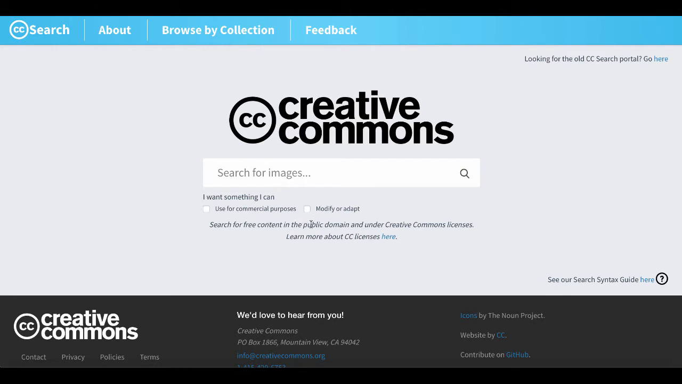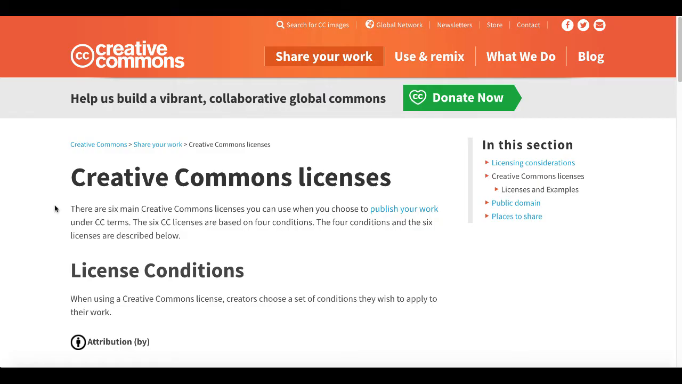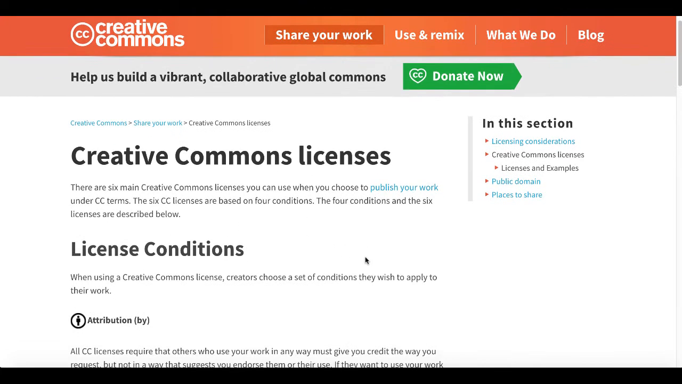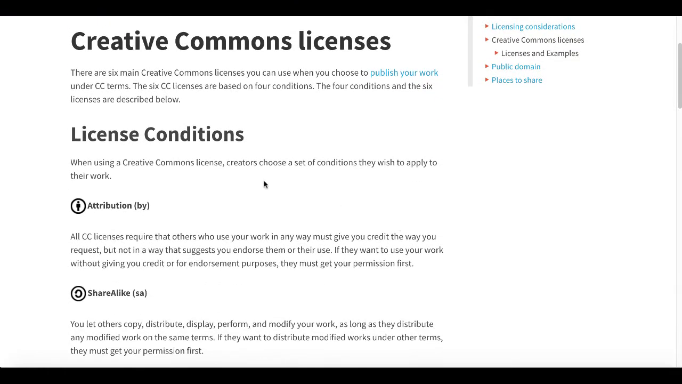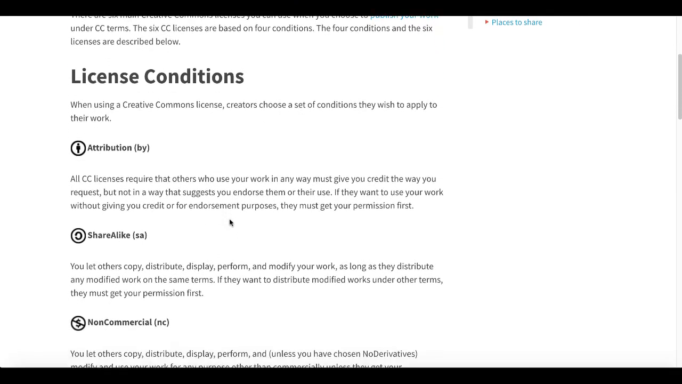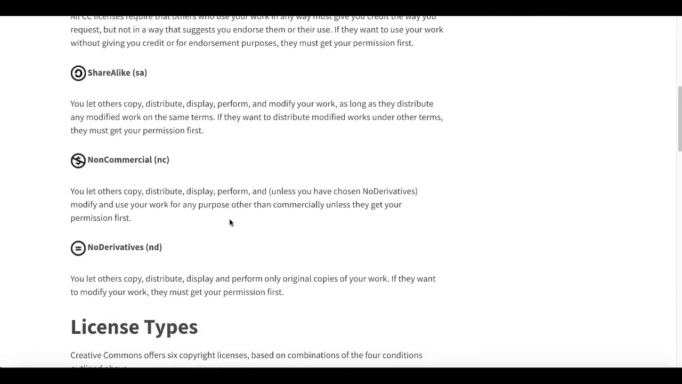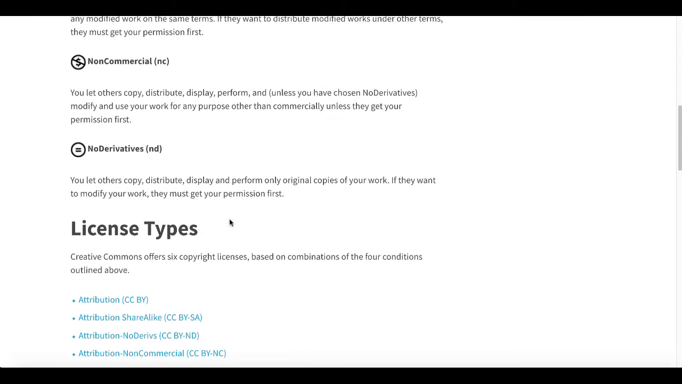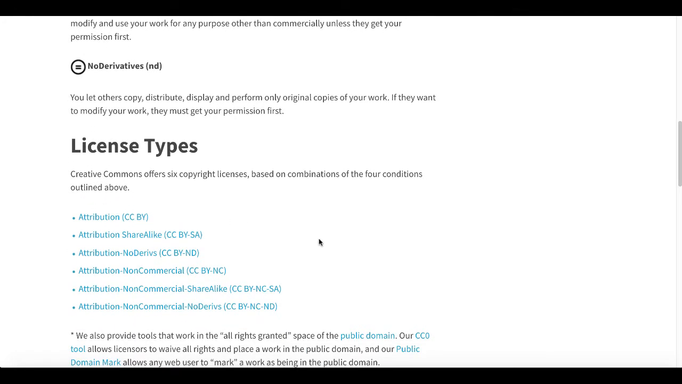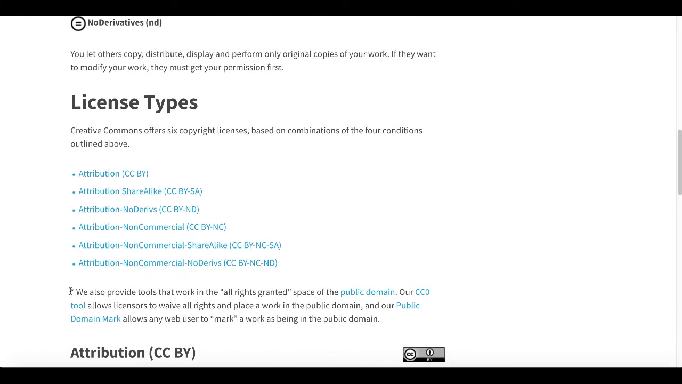Search for free content in the public domain, and under Creative Commons licenses, learn more about CC Creative Commons licenses here. And once you're here on the license page, you can read about the 6 different types of Creative Commons licenses that you can choose when these works are published just for you to use. Of course, you need to make sure that you understand each one of these license conditions. And again, the link for creativecommons.org is in the description, so make sure that you go through this and